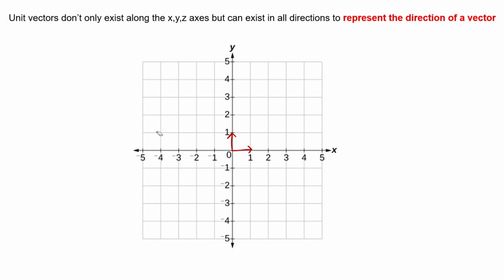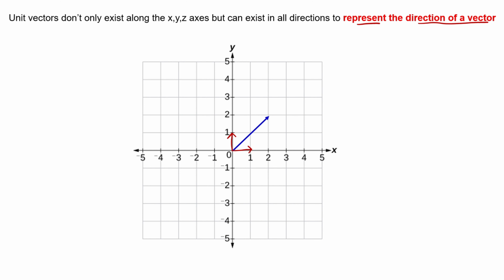Assuming that this vector has a length of 1, it is a unit vector itself. So do not be misled and think that we only have unit vectors on the x-axis and y-axis. We can put them in infinitely many places on the Cartesian plane. We can draw any vector with a length of 1, and we'll call it a unit vector. The unit vectors are used to represent the direction of a vector. When we do further physics, we'll apply this as the directional vector. It tells us the direction a vector is headed. Look at this, we've got this blue vector here.